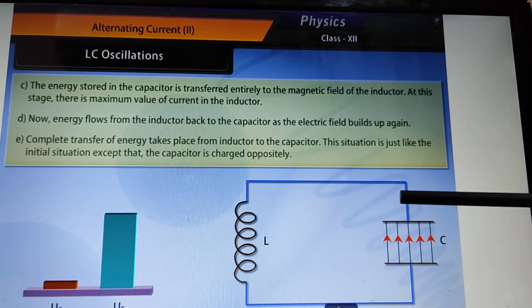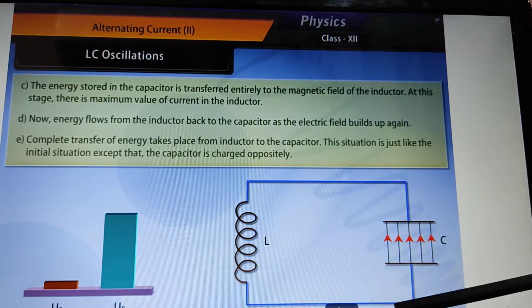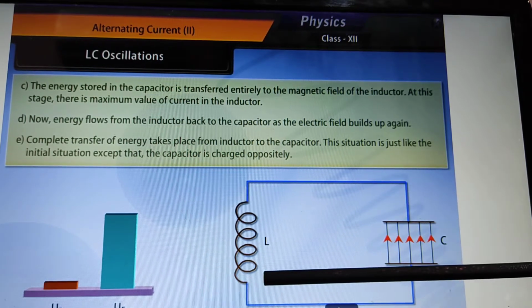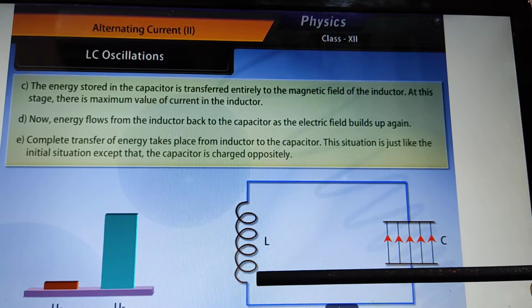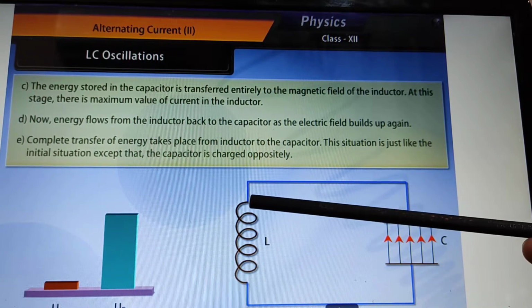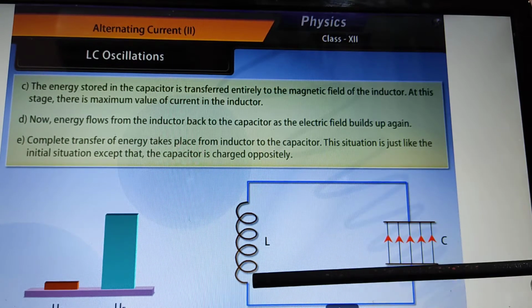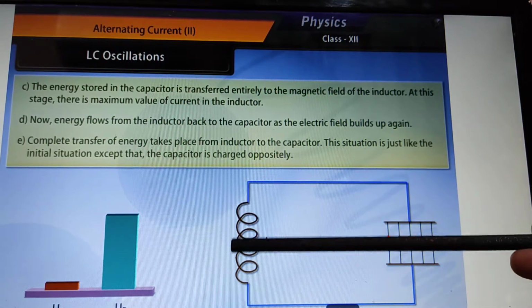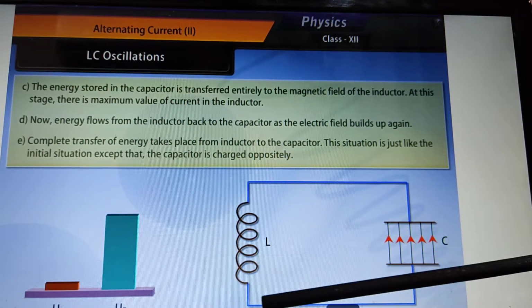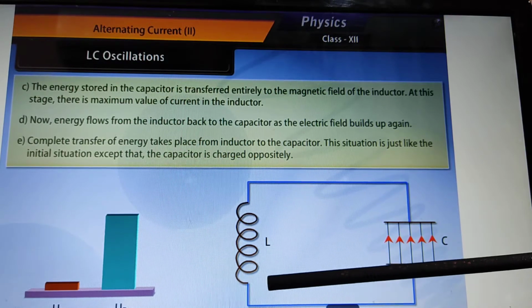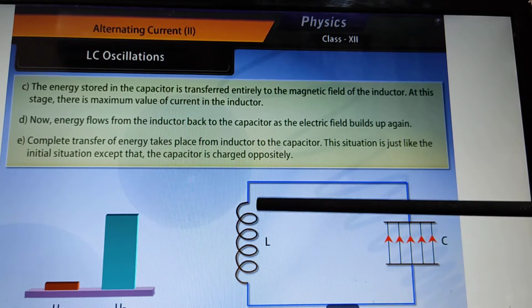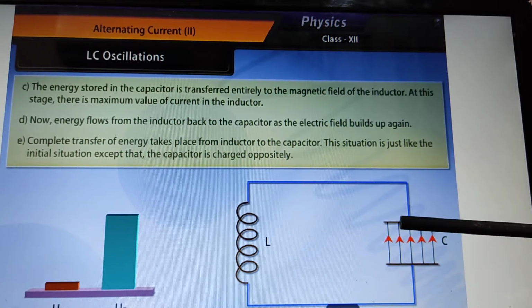Initially आपका करंट इस तरह से फ्लो कर रहा था, बट जब पूरा एनर्जी कैपेसिटर से इंडक्टर में पहुंचा तो इंडक्टर ने ऑटोमेटिकली अपोज करा और उसको पॉजिटिव और इधर नेगेटिव करा. ड्यू टू दैट देयर इज अ अपोजिट मोशन ऑफ करंट इन द इंडक्टर. तो पहले वो एंटी क्लॉकवाइज मूव कर रहा था, अब वो क्लॉकवाइज करंट मूव करेगा.